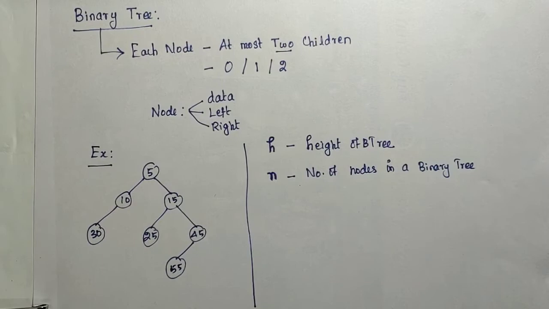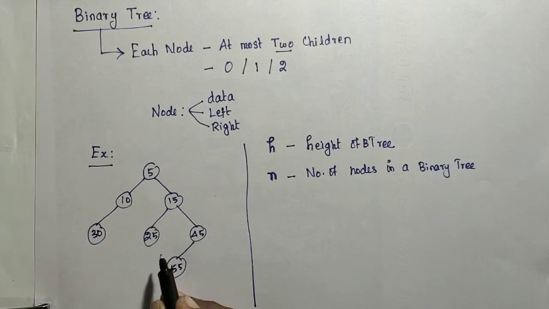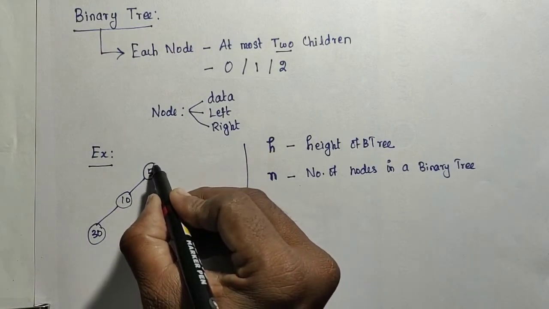So what is the height of the tree? The length of the longest path to reach the leaf node from the root. That is the height of the tree. Height of the tree is nothing but the height of the root. From the root, which leaf is present in the longest path, that length will be considered as the height of the tree. So in this example, what may be the height of the tree? From the root